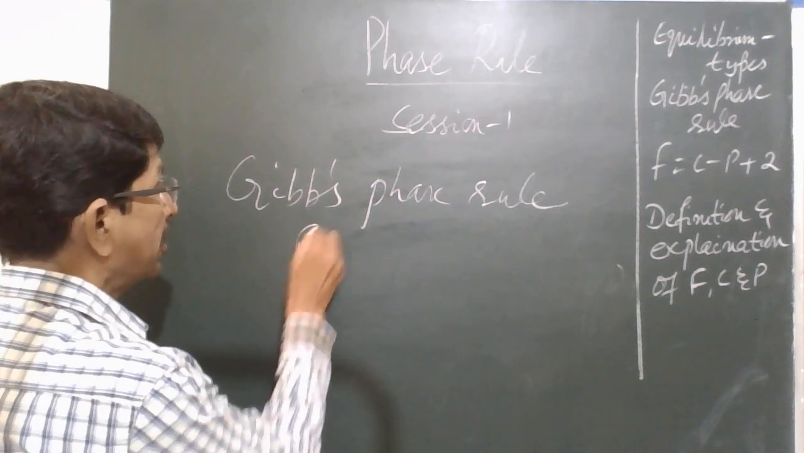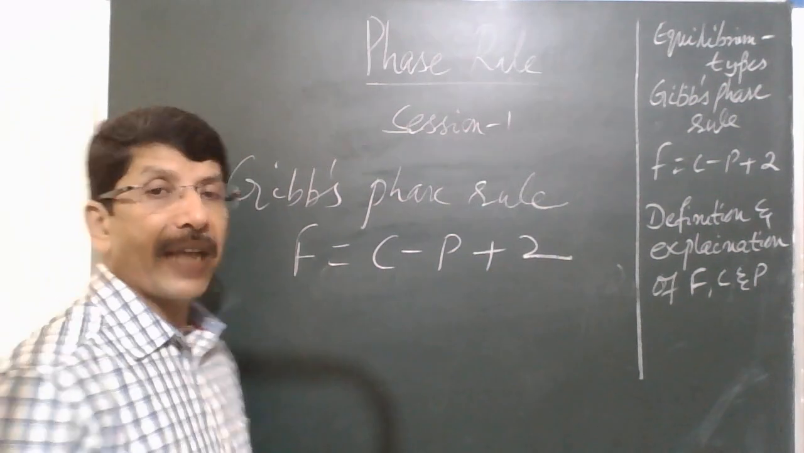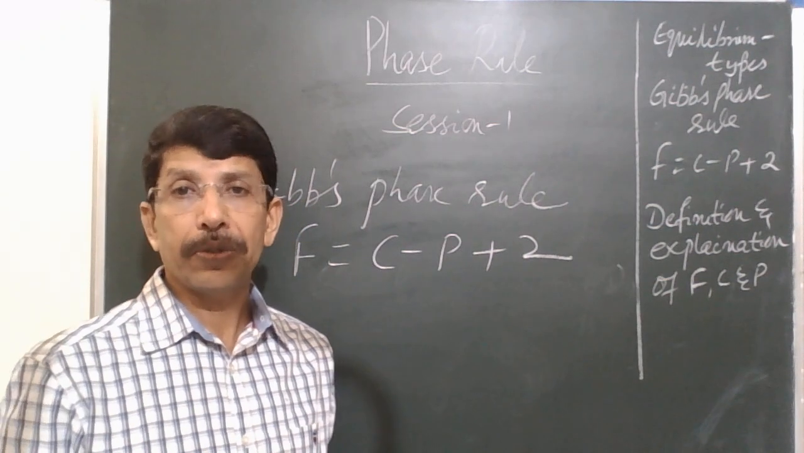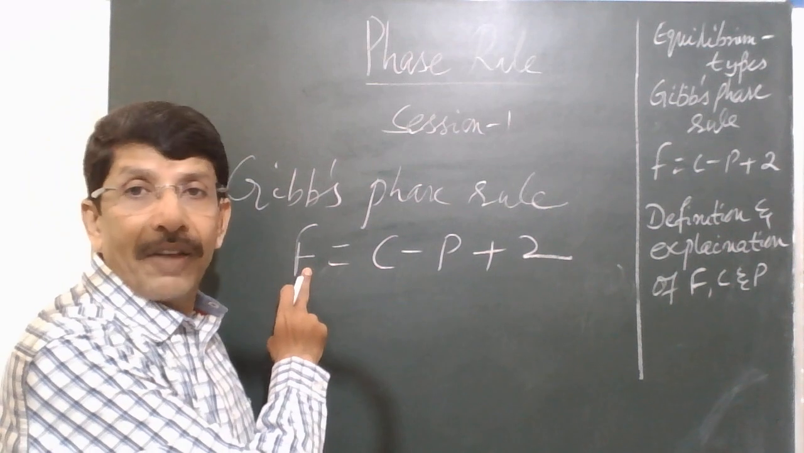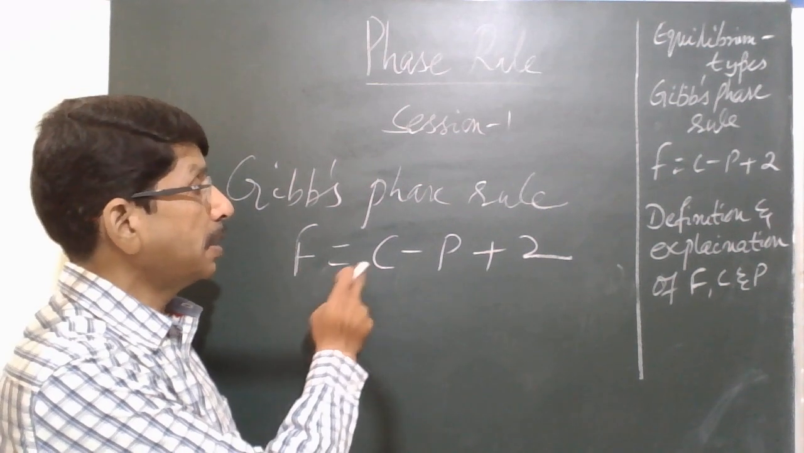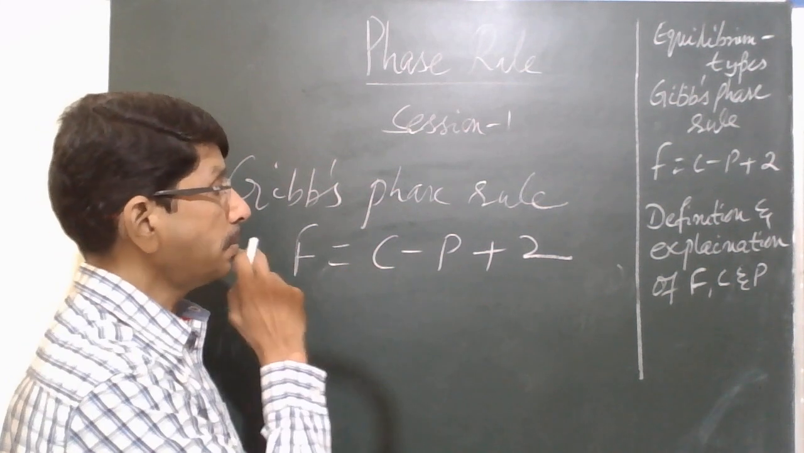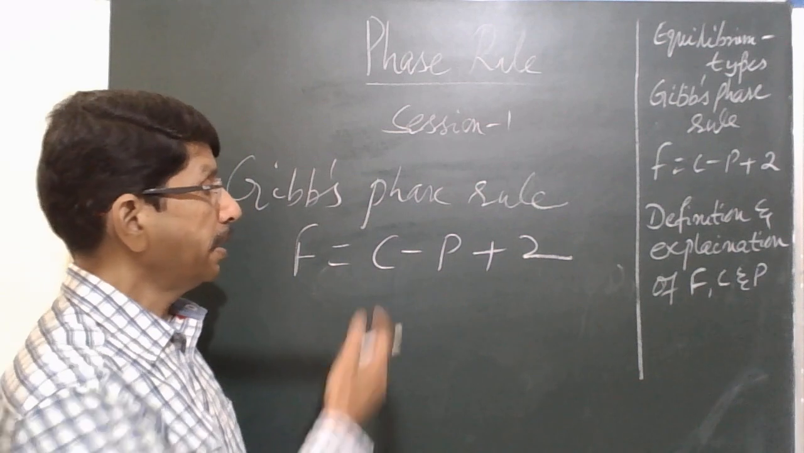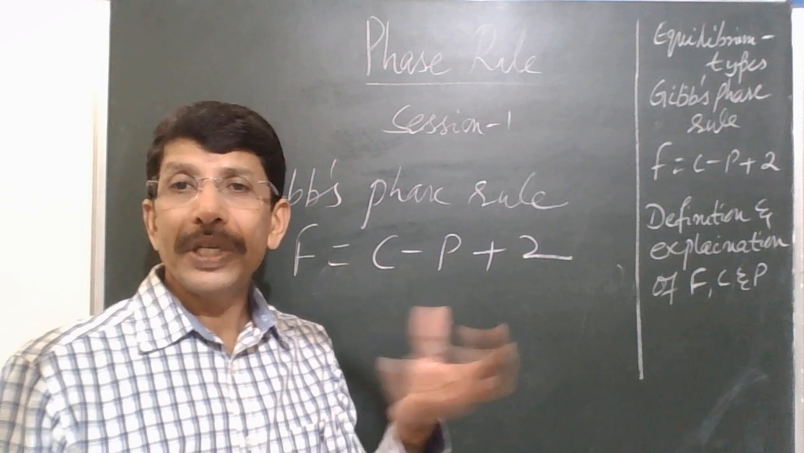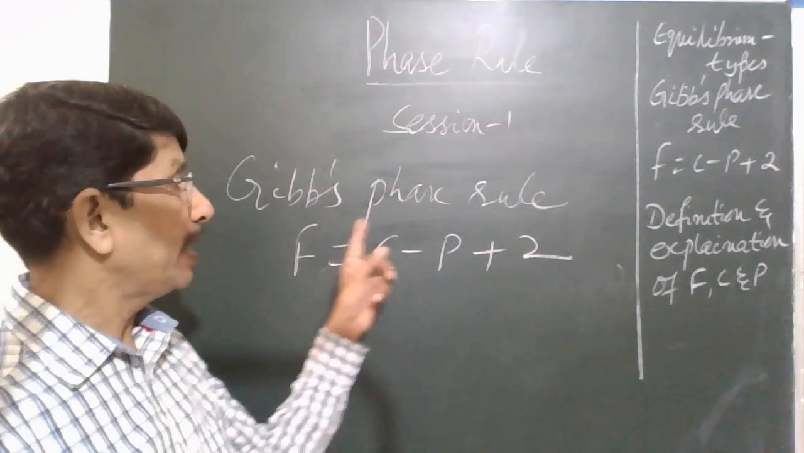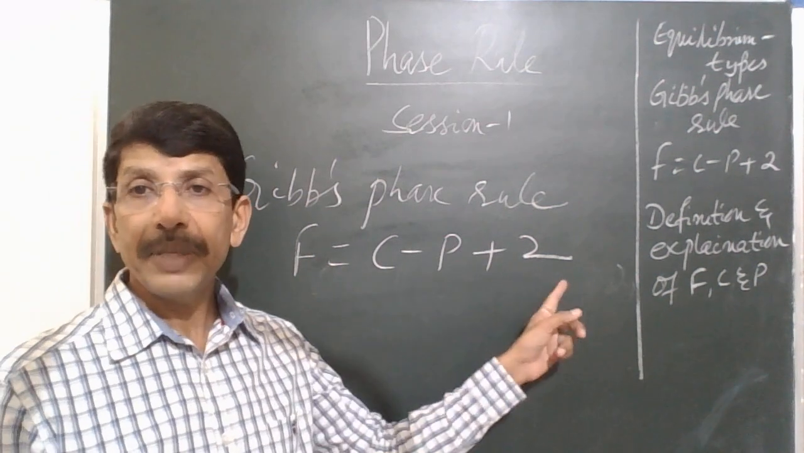Gibbs phase rule is given by the expression F is equal to C minus P plus 2. This is the mathematical statement of Gibbs phase rule. Or if you want to put it in a statement form, number of degrees of freedom is equal to the sum of components plus 2 and minus number of phases. So it is very difficult to put it in a statement form. Simply we say the mathematical form of Gibbs phase rule is F is equal to C minus P plus 2,